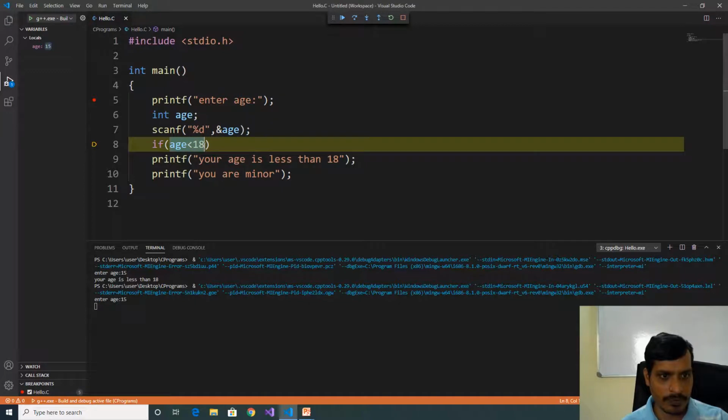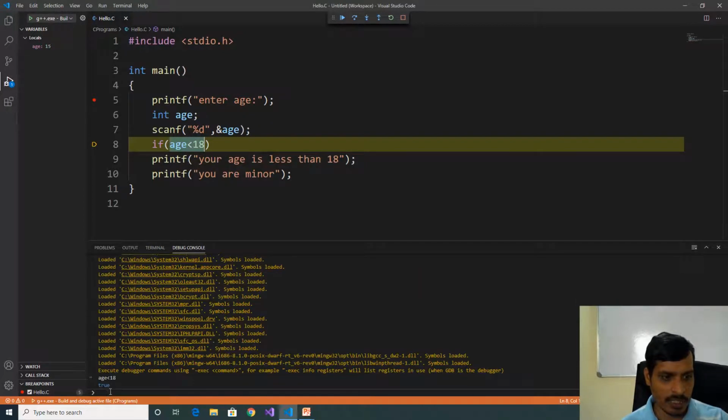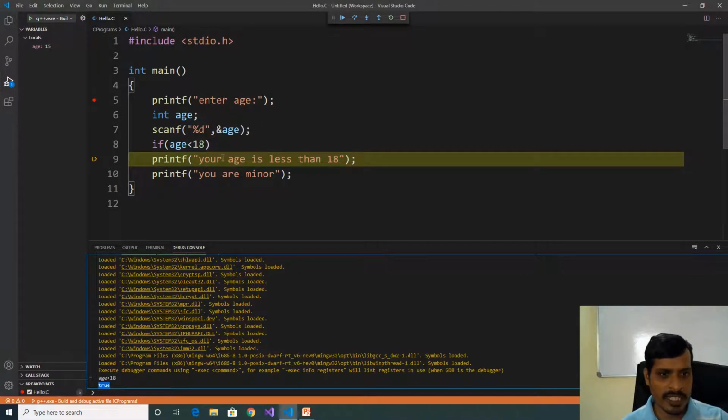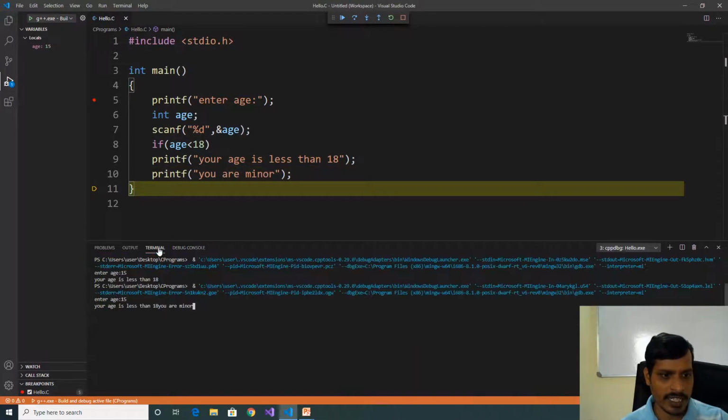Select this part, right click, evaluate in debug console, here true. F11, this statement is executing. Later, this statement is executing. We are getting output as your age is less than 18, you are minor.